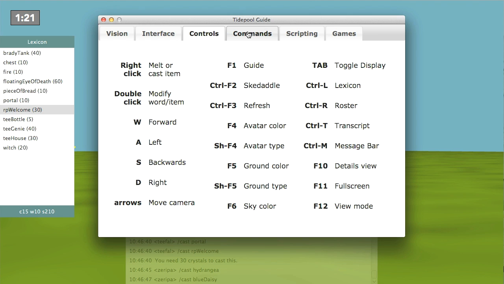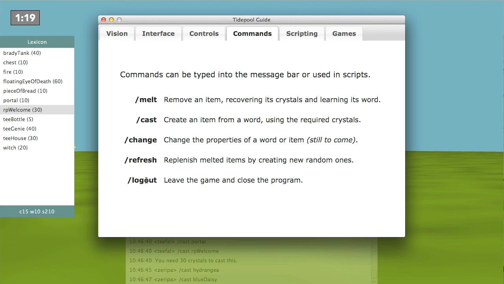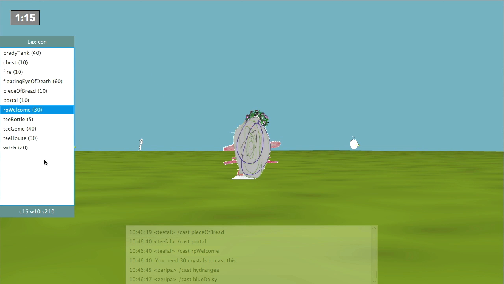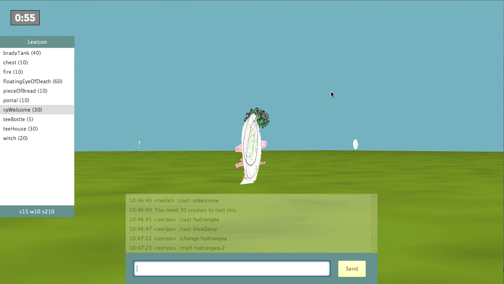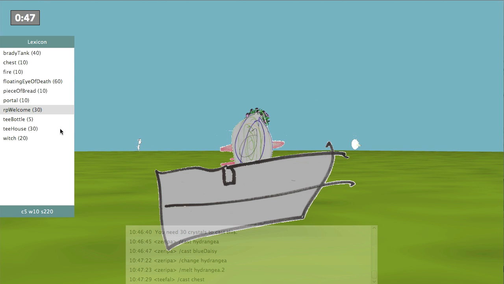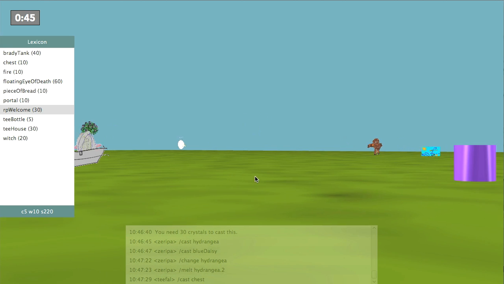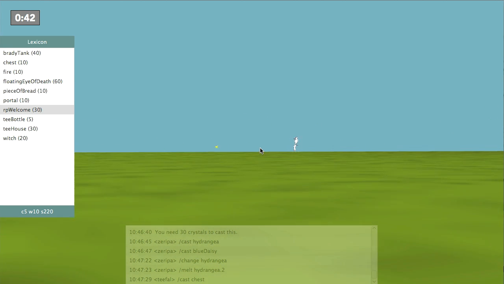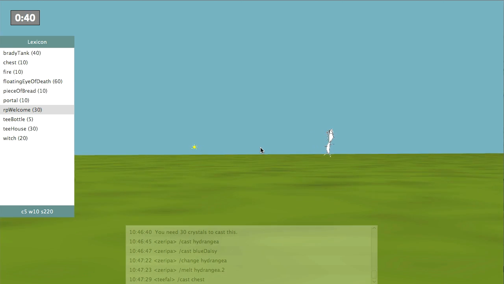The other thing is that you can also type commands into the message bar. So as an example, let's say that I wanted to cast a chest here. If I do M, I can do cast chest. And that's identical to actually right-clicking on it. So you can use the command bar to do commands. So I'm going to run over here and turn around